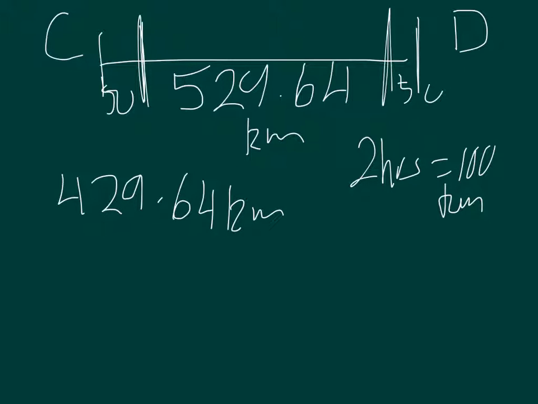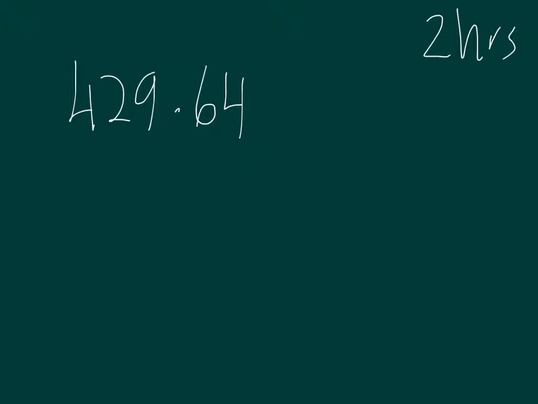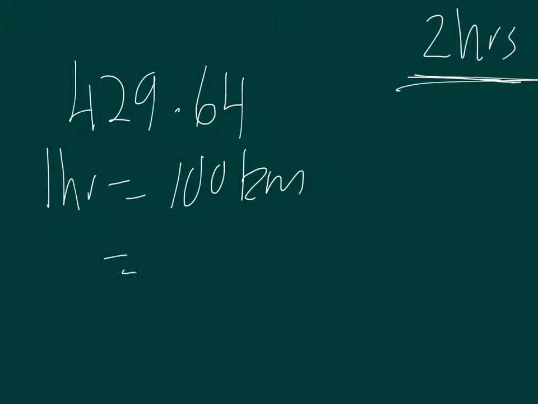All right, now let's write that on the new screen. So 2 hours, so I don't forget, 429.64. Now, what do we notice about this 2 hours? Is it always the same? Is it the same as the other example? Hopefully you're figuring it out there. So, again, same process. 1 hour equals 100 kilometres, because we're going 100 kilometres per hour. I've got to go